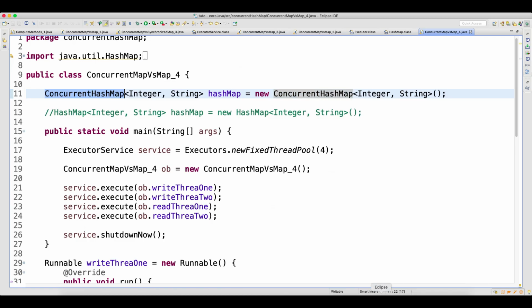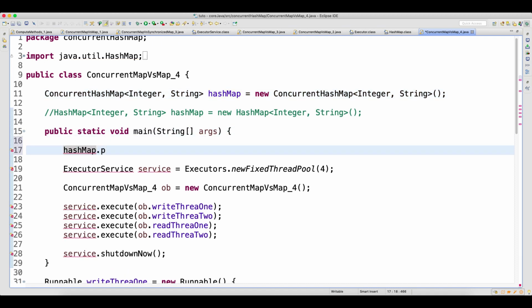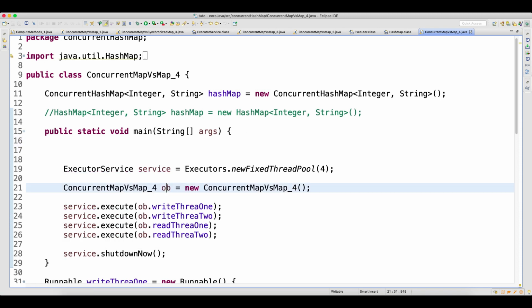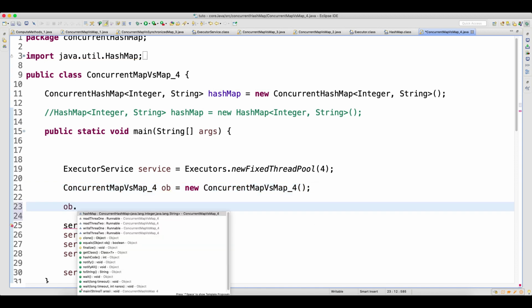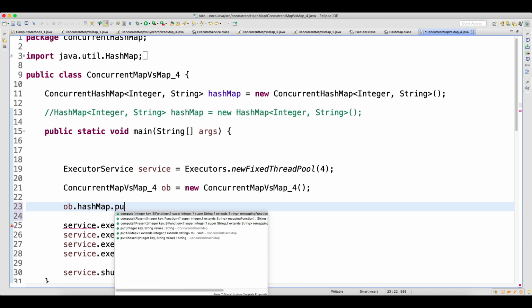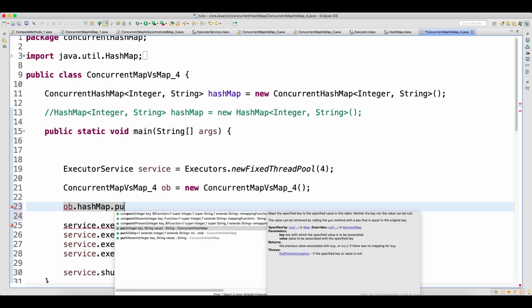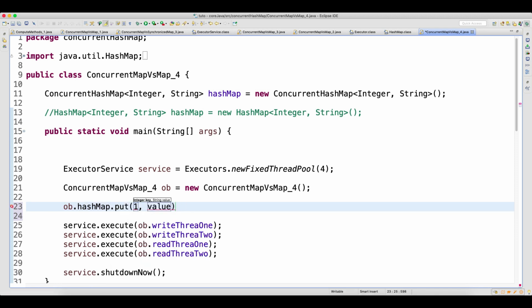Now let me show you some more interesting things. This is all fine. I will go here in my HashMap and add one. I cannot access it like this, so I have to go here, add dot hashMap dot put, because of the reference variable, with key 1 and value 20.